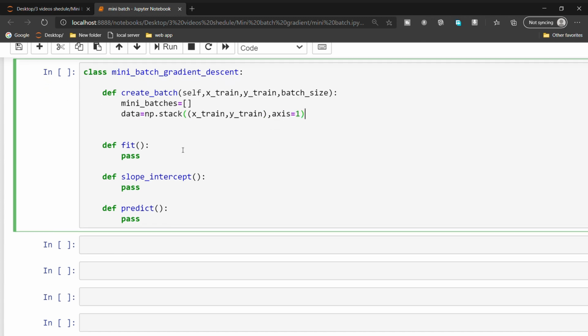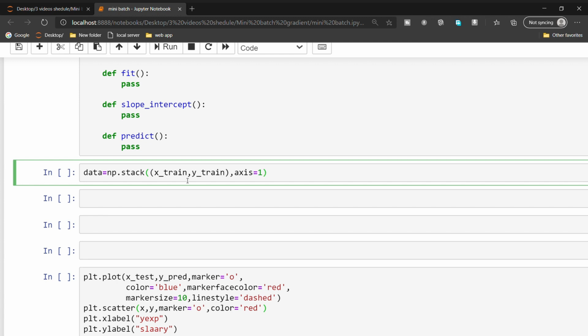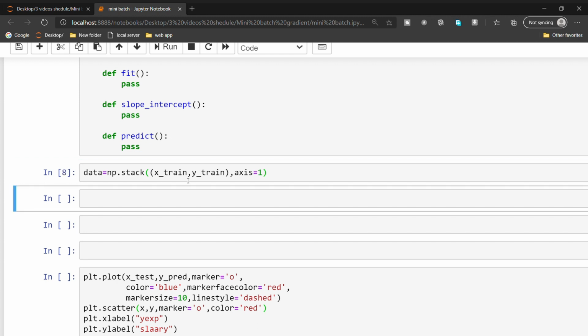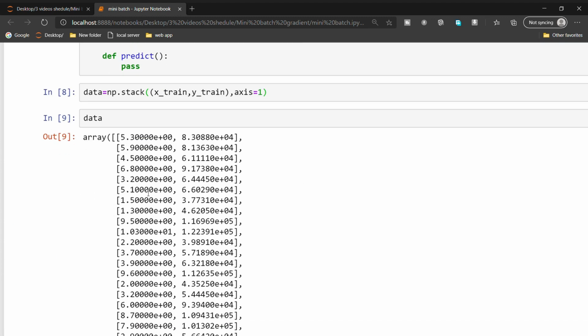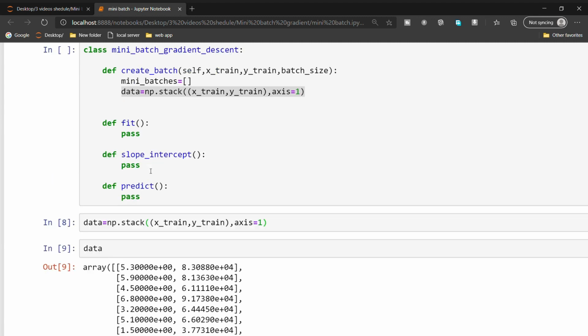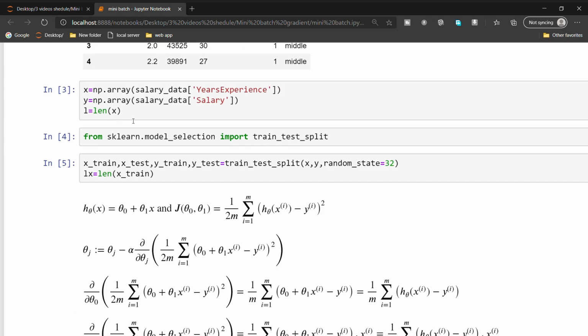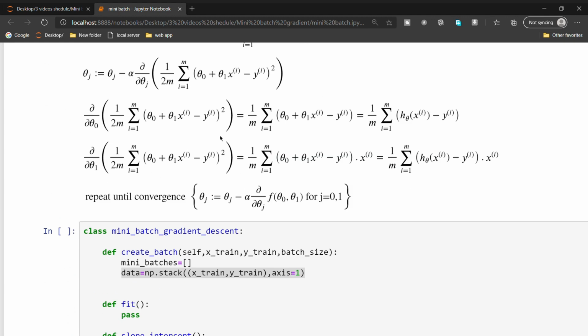I will show how this stack is working. So this is our data. In the x-axis we have the number of years of experience.